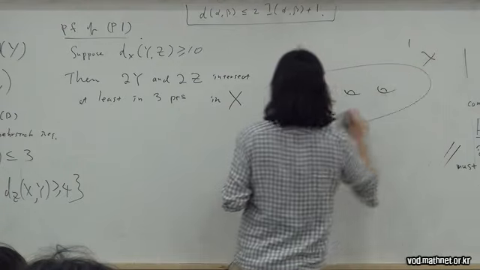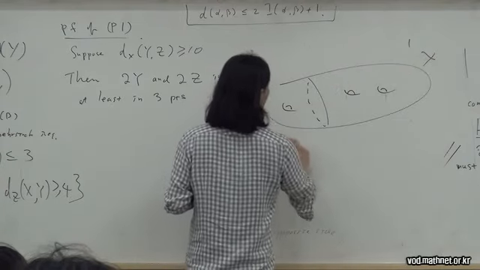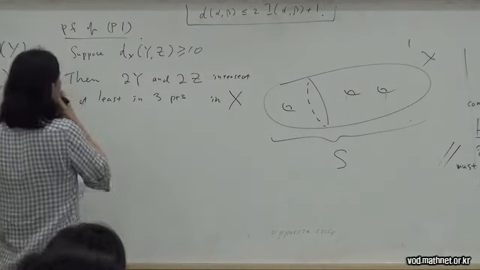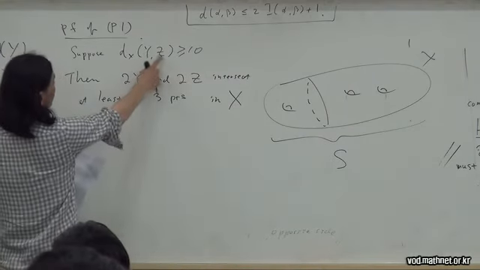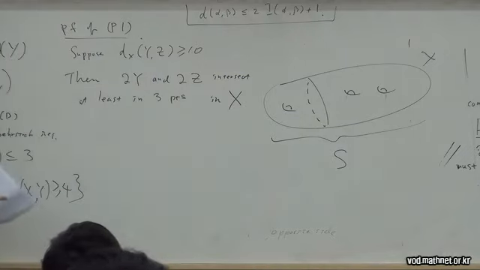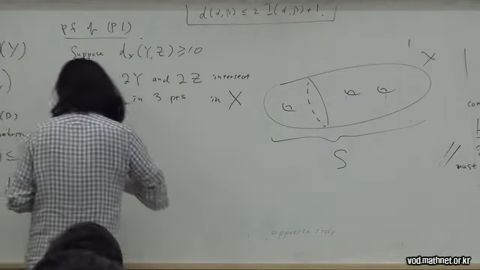So this is X, so everything is S. Okay. So let me say that Y and Z have a large projection in X. That means they have to intersect in, say, 3 points. Now I write